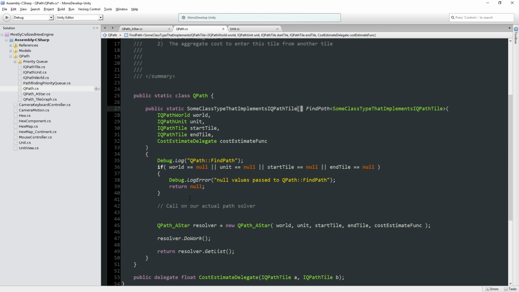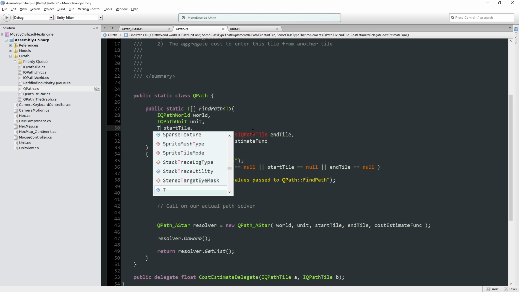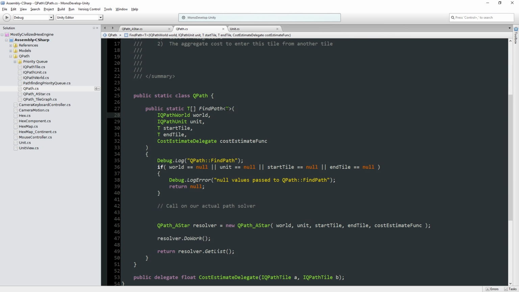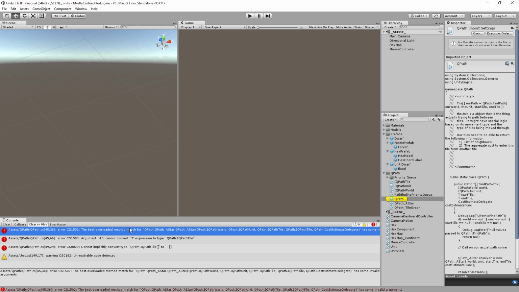So we can say what we're actually going to be doing is we're going to be returning an array of some class type that implements IQ path tile. And our start tile and end tile are both some class type that implement. Okay, we're going to just use T's, and that's going to be perfectly fine. Okay? So we've got a generic class here, T. Now, if we try to compile again, it's not quite going to work. And why is that? Because the problem is, there